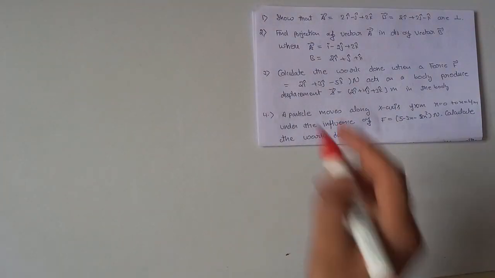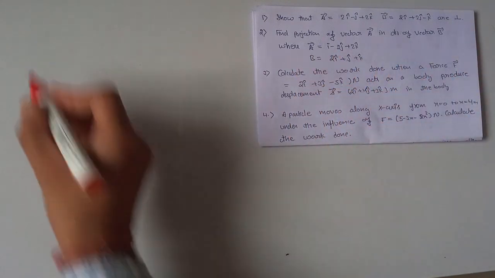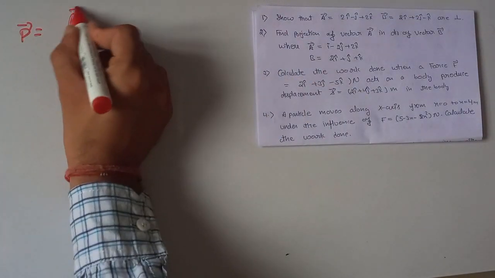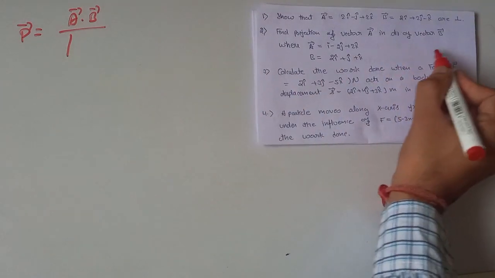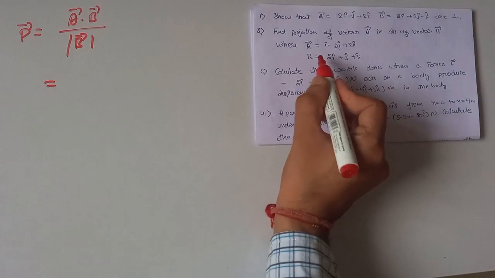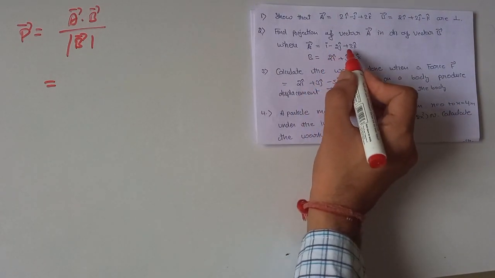Our second numerical is, find the projection of vector A in the direction of B. We know that the projection of vector A in the direction of B is the dot product of the vectors divided by the magnitude of B. Now, where A is i minus 2j plus 2k and B is